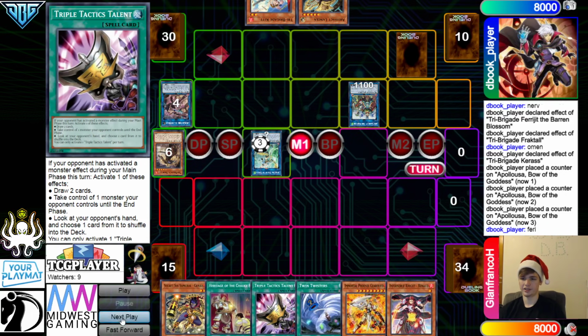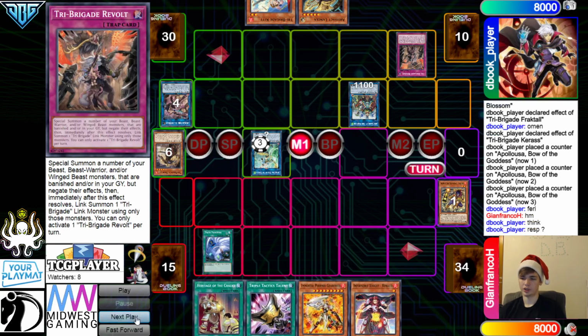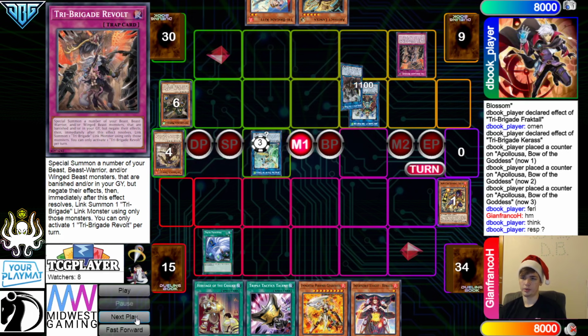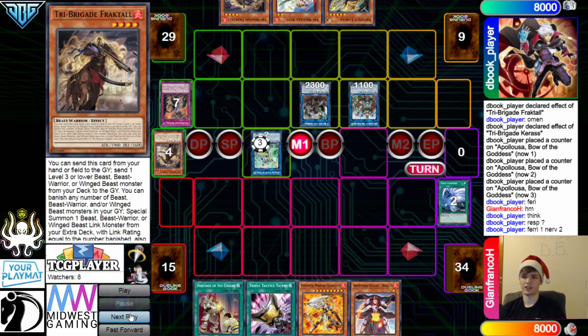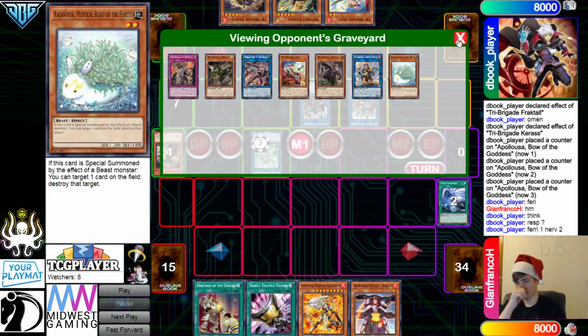Pass, draw Talons. Go ahead, Twin, hit the back row, chain the Revolt, and then Revolt to go ahead and summon back. So summon back out 3, turn those into a Silver, and then they're going to get Nerval and Blossom. So add Fractal, and then draw Nerval, put back. So they decide to not add Kuraz, which